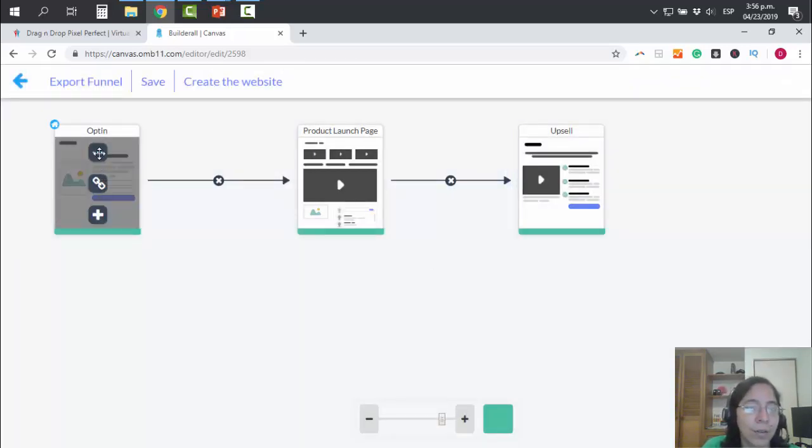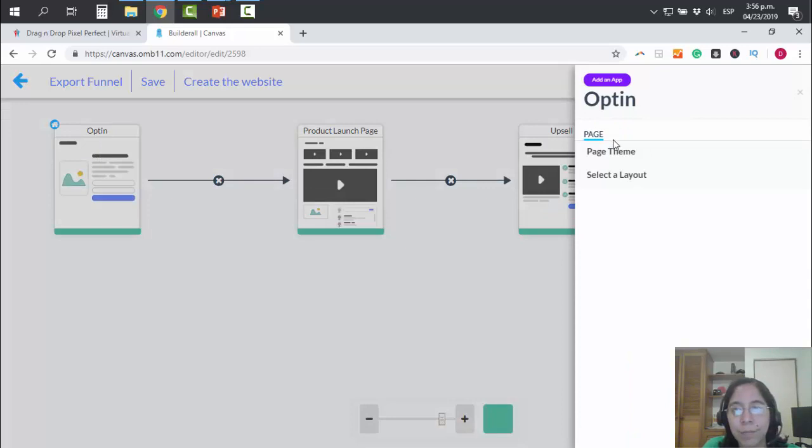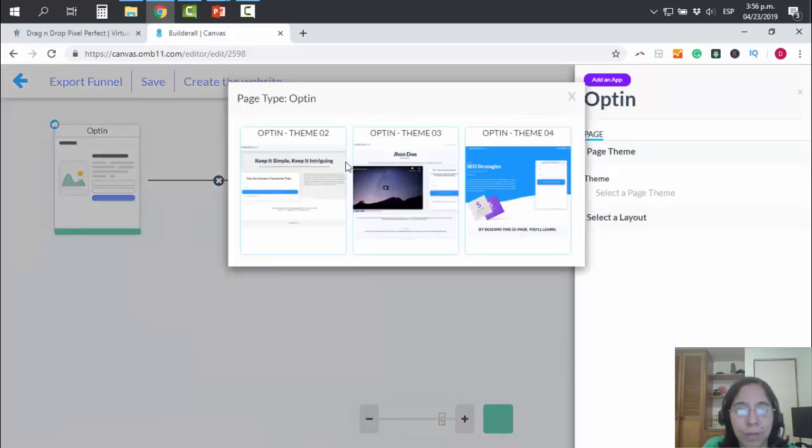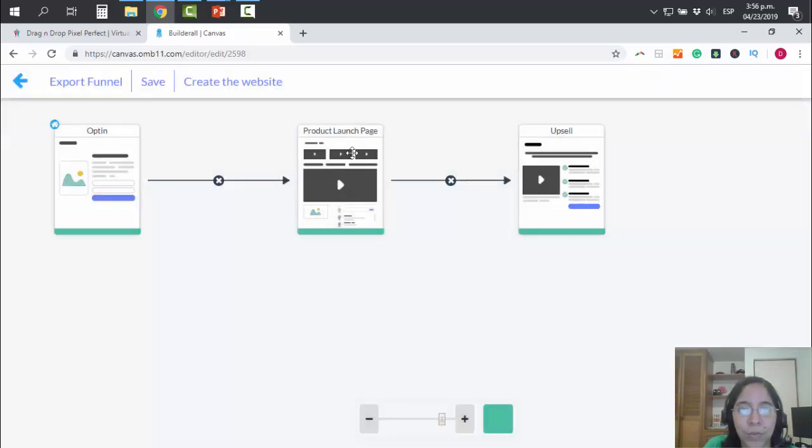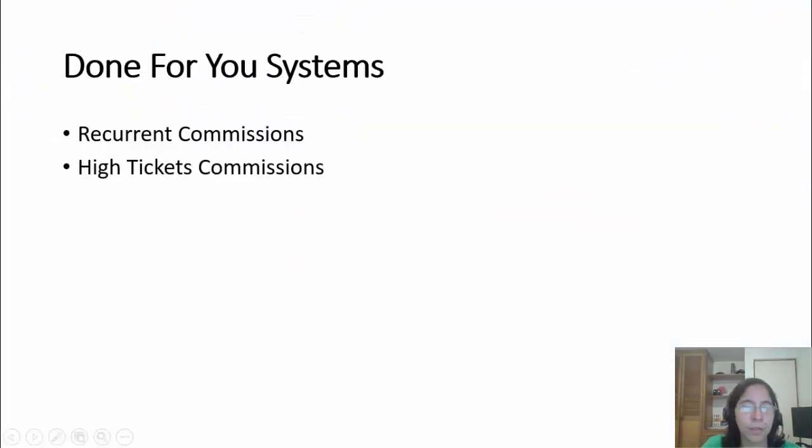And how do I edit it? I'm going to click here. Then I can choose the theme here. I have several options, and I can click here, for example. So I can start editing this page. So it is really simple to create your own system, but my suggestion is, if you're just getting started,